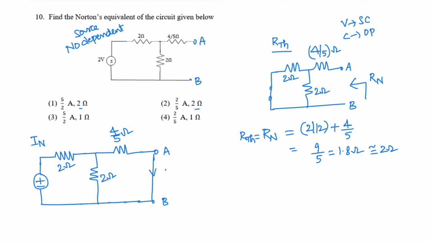So Norton current is the short circuit current IN between the terminals A and B. So how to calculate this Norton current? In this case, apply nodal analysis where V is a node voltage. So apply nodal analysis and V is a node voltage. So from this, the nodal equation is